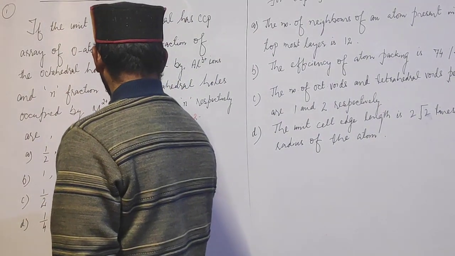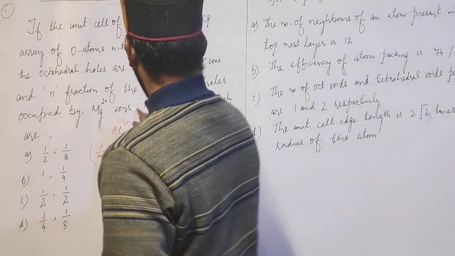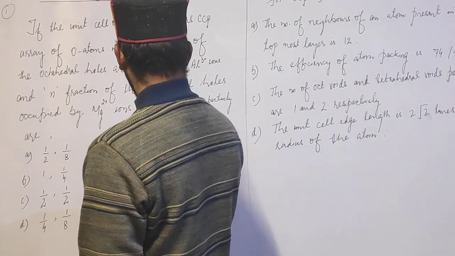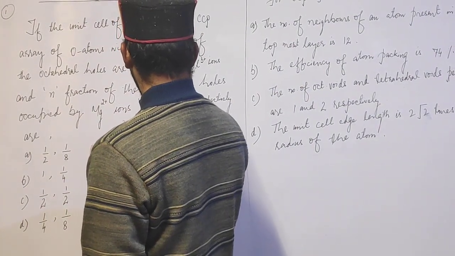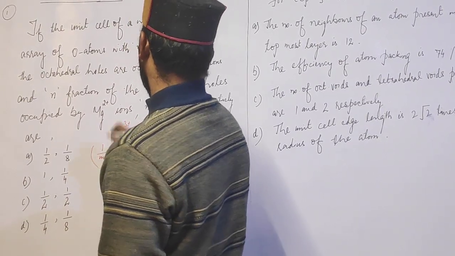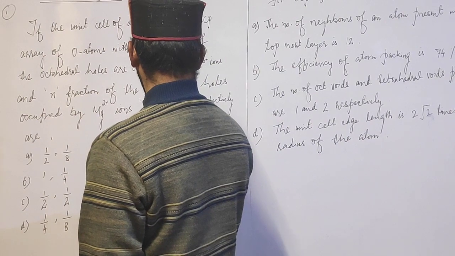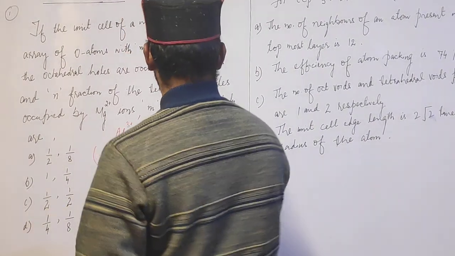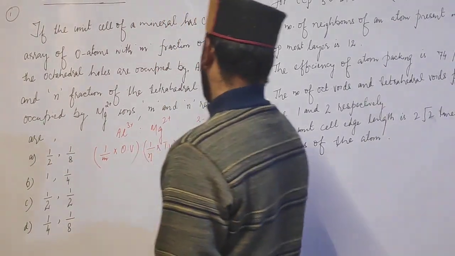Octahedral holes, and nth fraction of tetrahedral holes are occupied by magnesium ions. So we have magnesium ions occupying nth fraction of what? Tetrahedral holes. And now we have to find out what is m and n. So students, in this question,